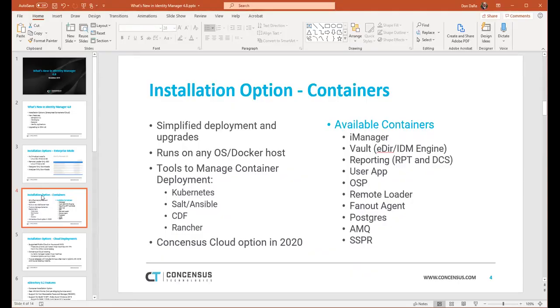We've actually been able to install part of the products on, they all are supported on it, but any Docker host, which includes Ubuntu. So it's pretty interesting to see iManager and Identity Manager running on a Ubuntu box. I never thought that would happen, an open source box like that we would be able to run Identity Manager on, but it's actually, if you get used to the command line, unless you're going to be running Kubernetes or something like Rancher, I'm going to talk about that in a second here, it's pretty easy to deploy the product